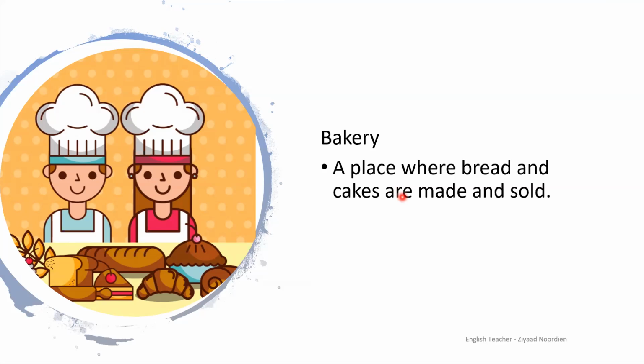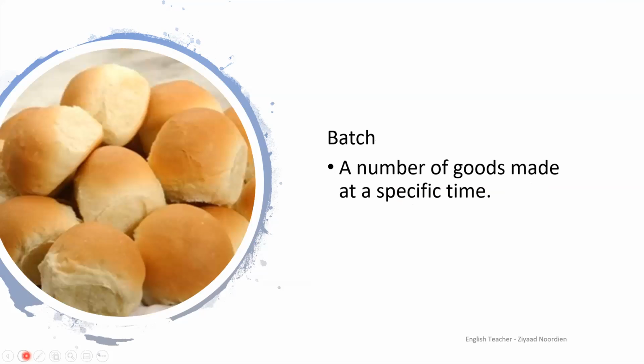So that's a bakery. And on page 352 in your Readers and Writers Notebook, which I will show you, you will find that you have to slot in these words in the correct sentences or context depending on the meaning of the word, which this will help you with. So this little presentation will help you make that activity so much easier. So bakery, a place where bread and cakes are made and sold. On the next slide, we have the word batch.